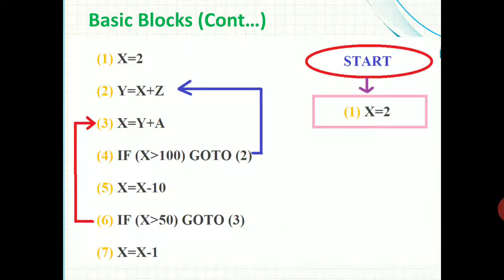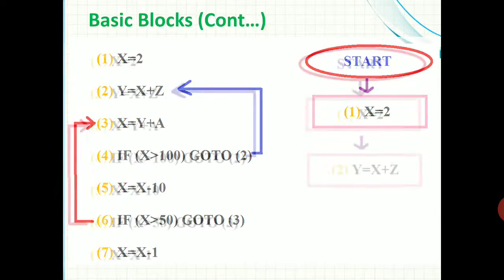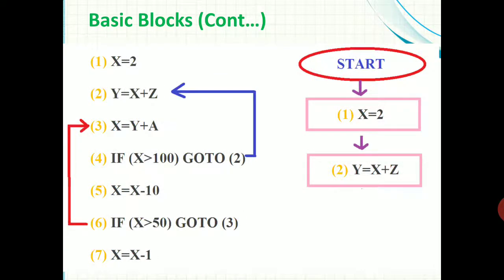First, in the control flow graph, you will create a node called the start node. From that we are appending more basic blocks. So x equal to 2 is the first statement, so it will be a particular block. The second statement is a target of another conditional jump, so we will assume that it is another basic block, and it will form another basic block.